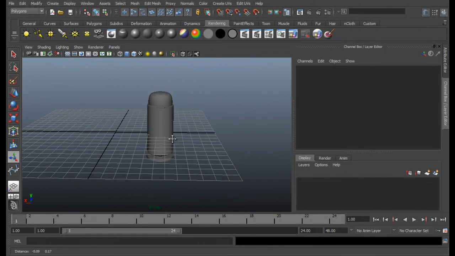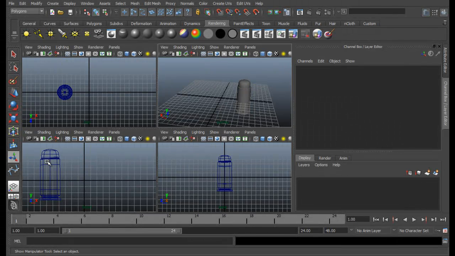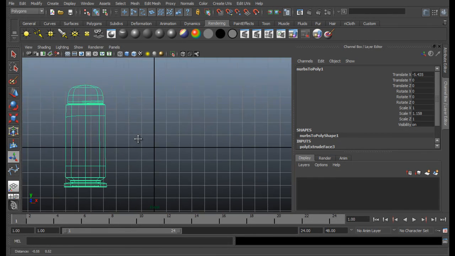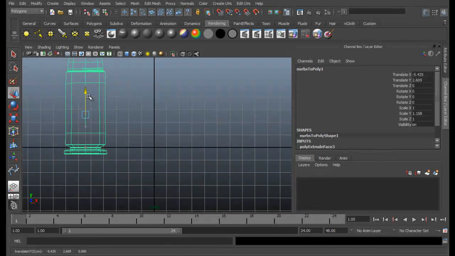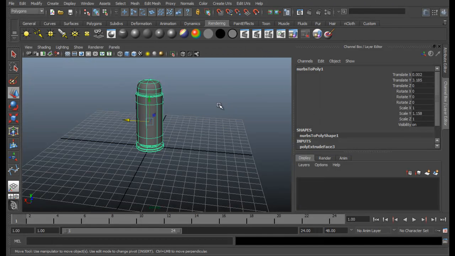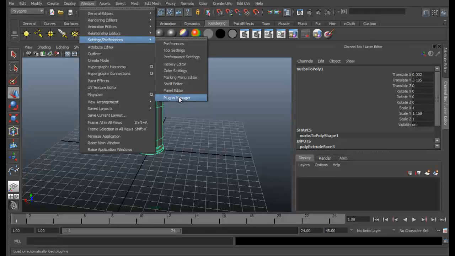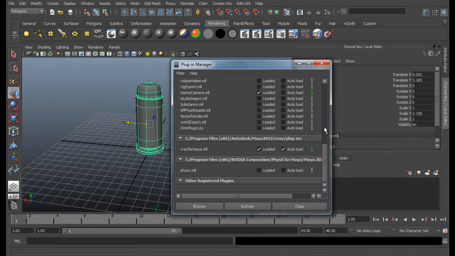Okay, now let's go ahead for the rendering part. Select the bullet, move it up just in this line. Okay, it's alright. And then just load your V-Ray plugin. If not, for that go to Window, Settings and Preferences, Plugin Manager, and down there you'll see V-Ray for Maya. Just load auto load,